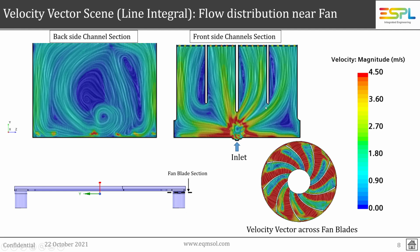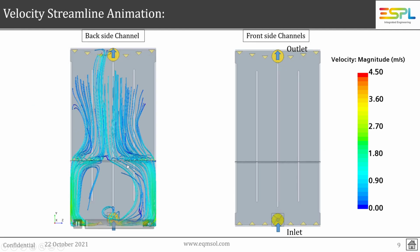You can see here why there is no air going here, because the fan is blocking the air. It accepts air at this position where it's standing still, and the next fan blade will actually push the air more this way. So it's not going next to the rib like it should. So that will be solved. Again, some nice